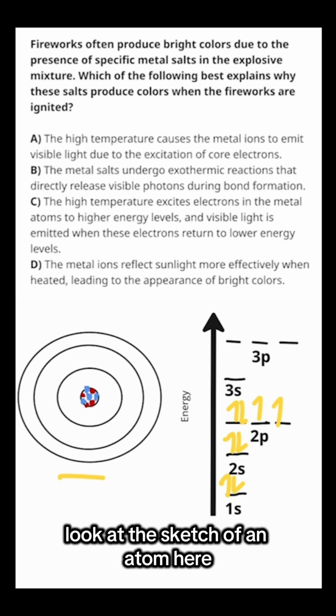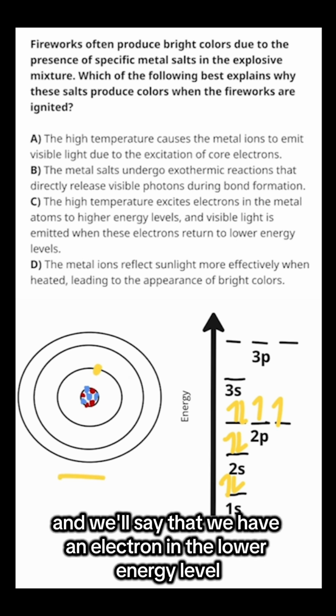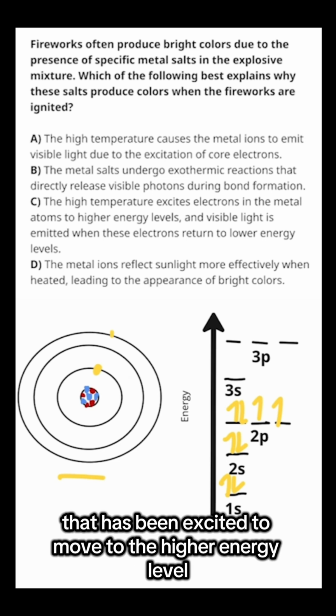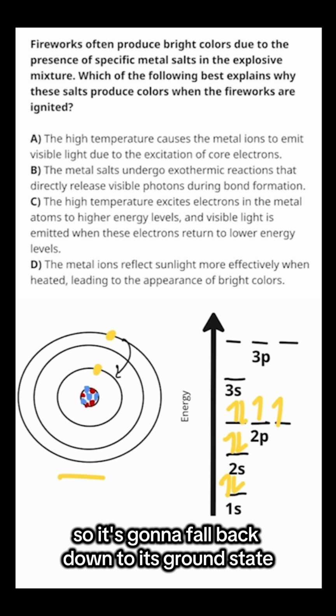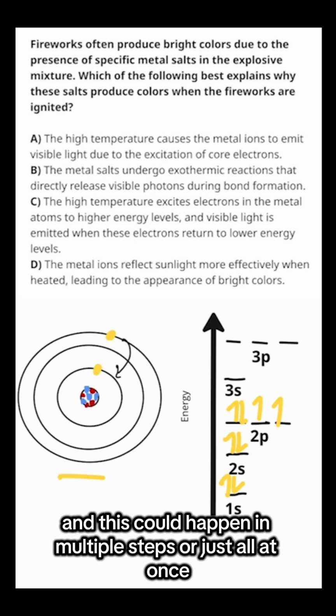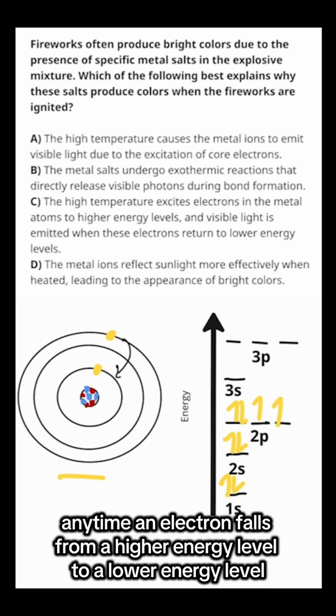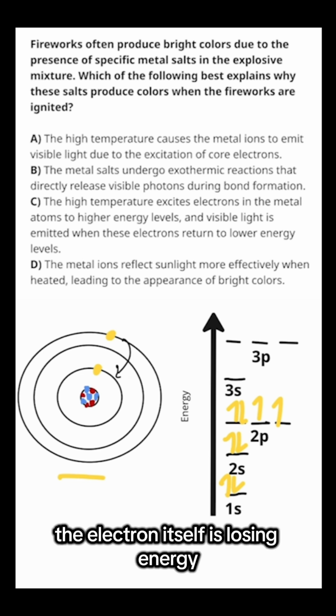Look at the sketch of an atom here, and we'll say that we have an electron in the lower energy level that has been excited to move to the higher energy level. That electron's not stable when it's excited, so it's going to fall back down to its ground state. And this could happen in multiple steps or just all at once. But regardless, anytime an electron falls from a higher energy level to a lower energy level, the electron itself is